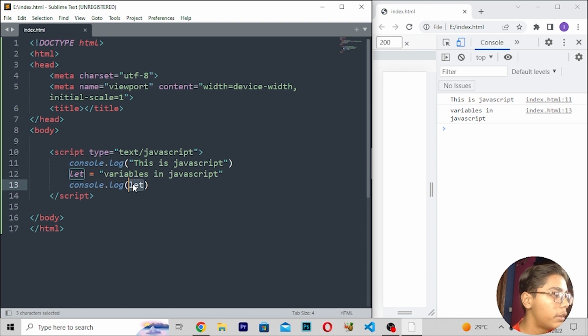Now when you've written this, you can see we are getting this let tag here, and then we are getting variables in JavaScript. Now you can link all these files, so when you see that, it will be working here like I was telling you. Now we will be repeating all these things to check it is working.